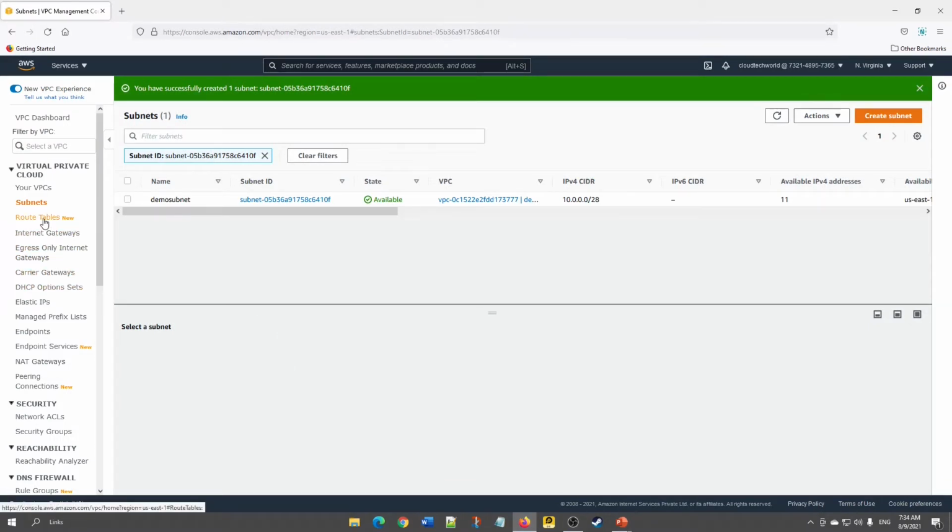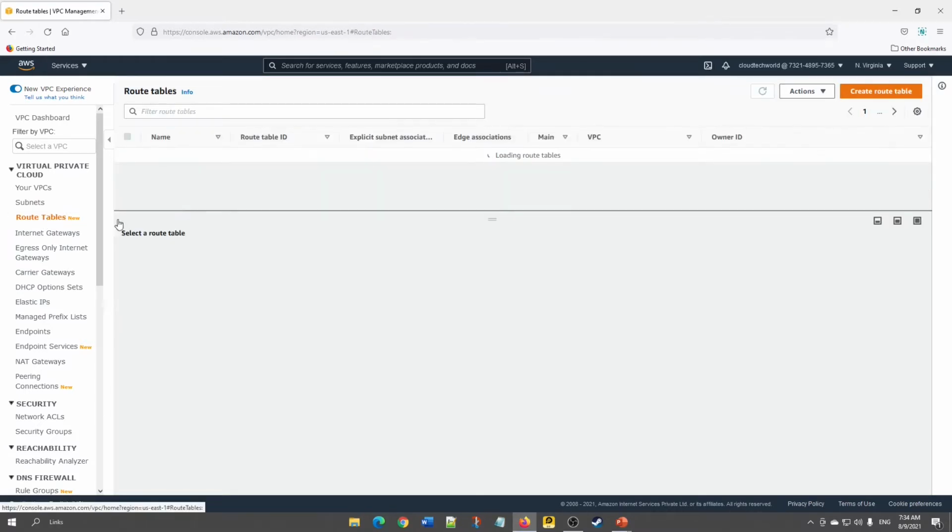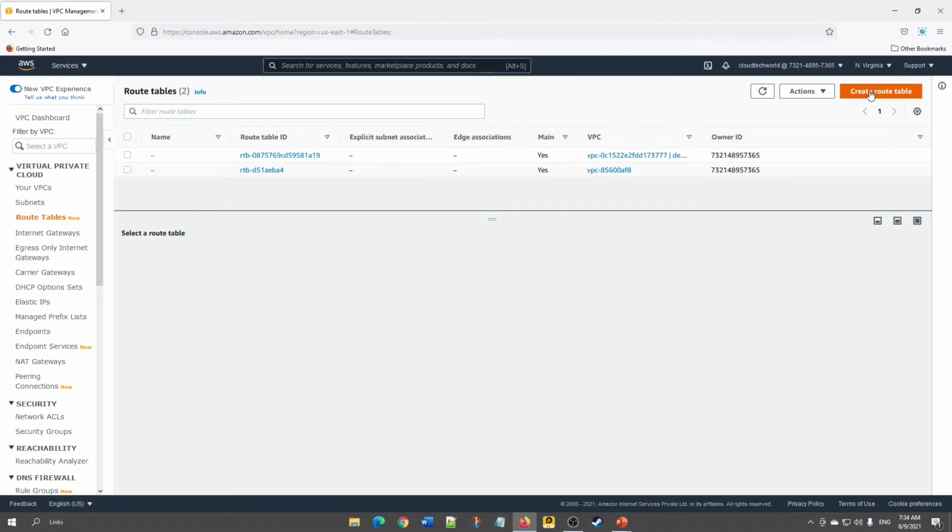Now next thing is route tables. Click create route table.